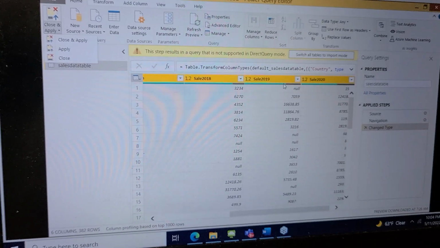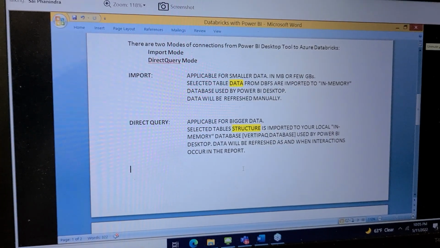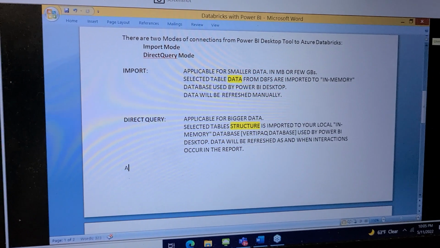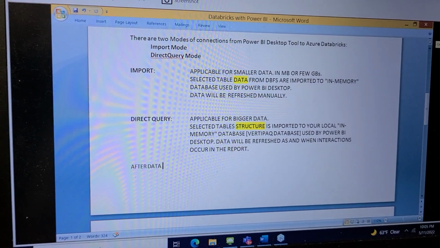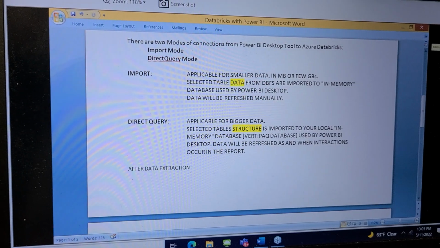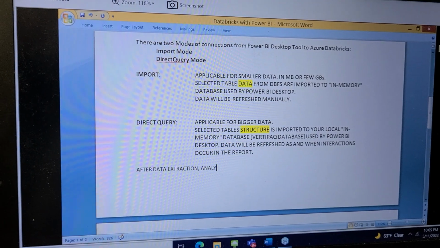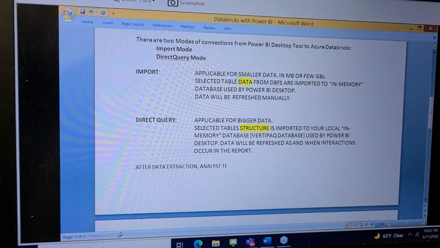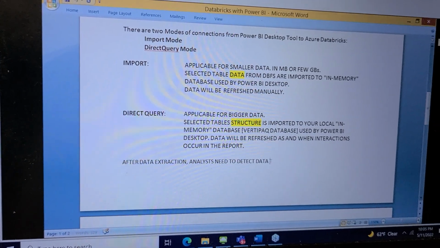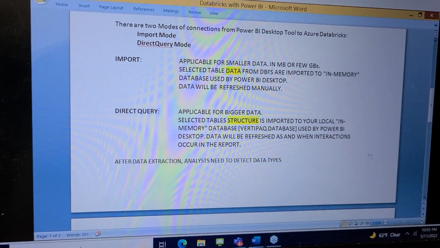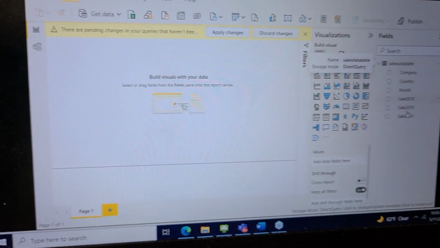I repeat once again to make it clear. After data extraction, either import or direct query, either of them, analyst teams or analysts need to detect data types. Otherwise, you don't see aggregations here, right? See, there is no